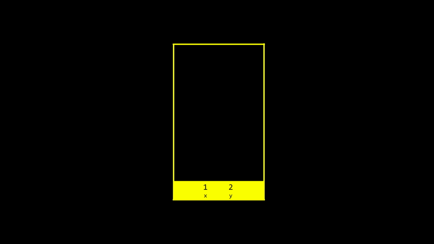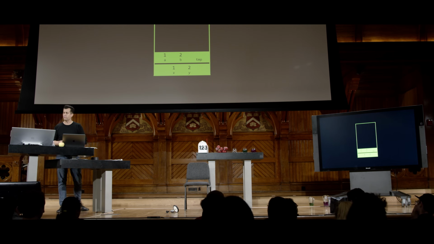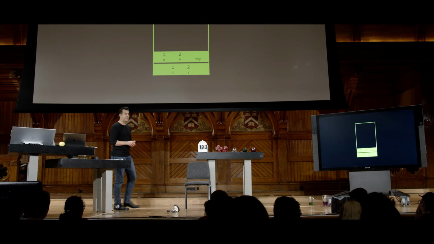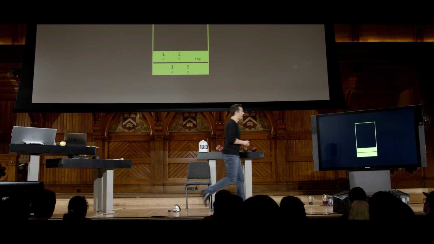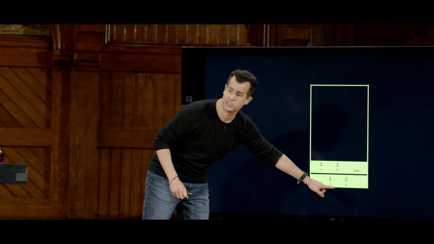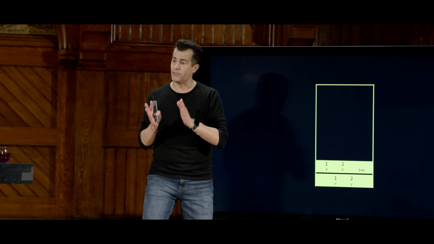Then the swap function gets called, so another frame gets used on the stack. Just another bunch of bytes are being allocated by the computer for me. And swap had three variables, A, B, and temp. The first two were its inputs, its arguments, the third of which was an explicit temporary variable I gave it. With those lines of code from before, I initialized A and B to 1 and 2 respectively. And notice they are literally identical to X and Y, but copies of X and Y.